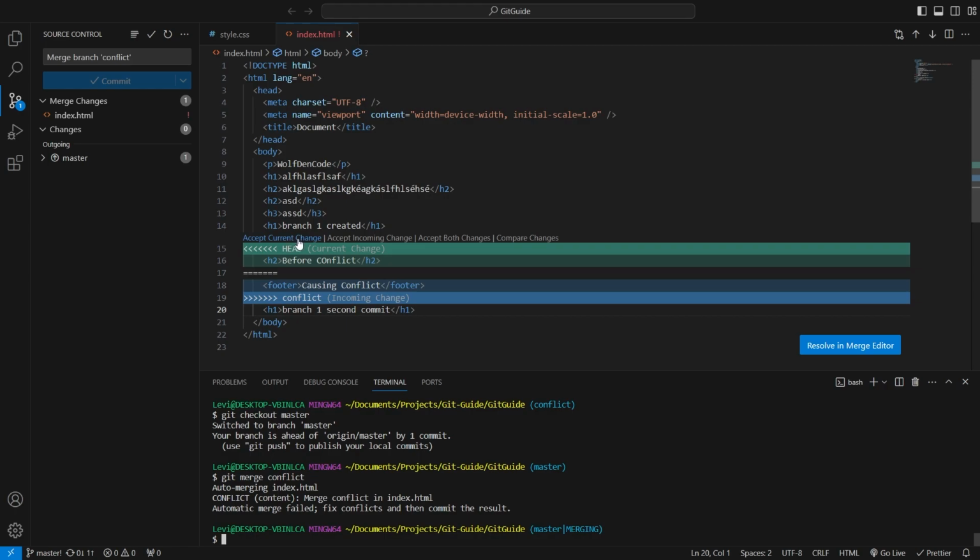You can accept the changes here. There's accept the current change, which is the before the conflict. Here you can see, or the incoming change, which is the causing the conflict, or accept both changes that will put them together before each other, or you can compare them. But what we are going to do is go to the resolve in merge editor,